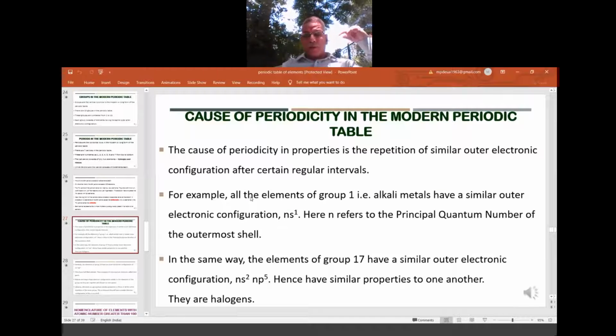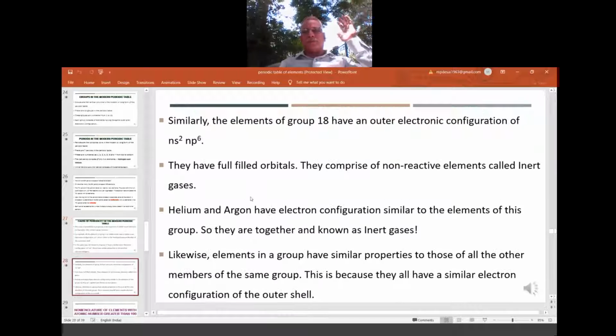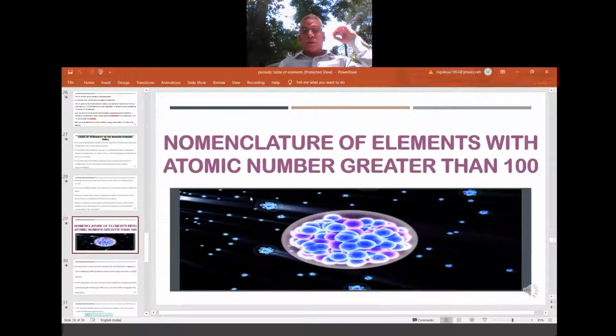Beautiful, very beautiful. So halogens behave in one way, alkali metals in one way, alkaline earth metals in one way. Their behavior depends on what? It is because of a similar outermost electronic configuration, right? Okay, all this is explained in the notes, so kindly go through them. Now, one more interesting small chapter.